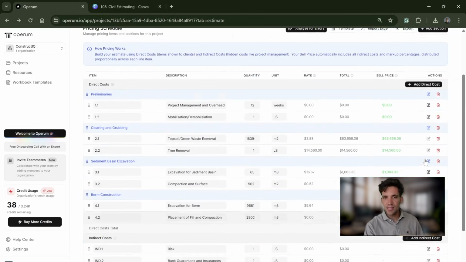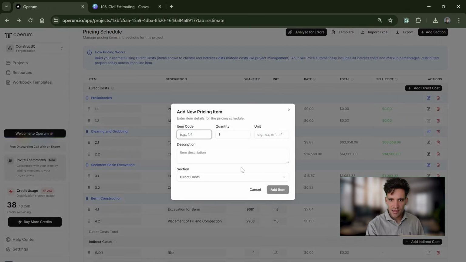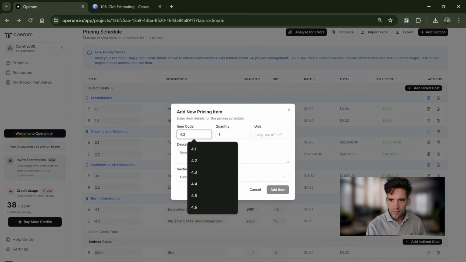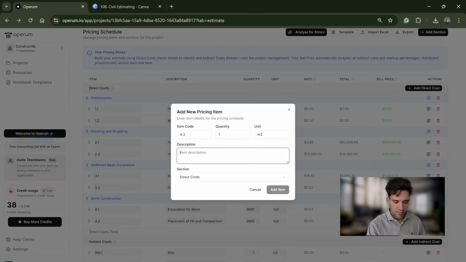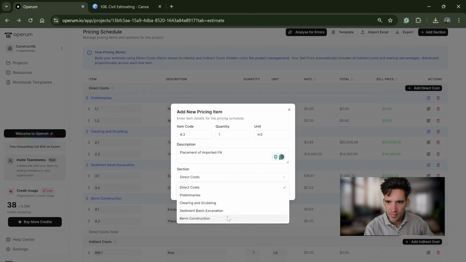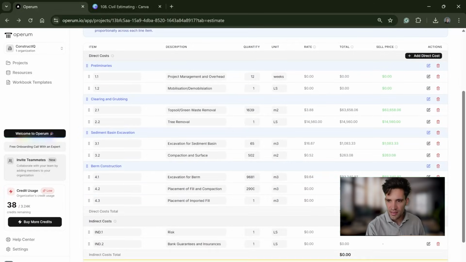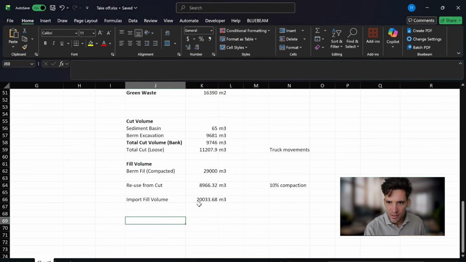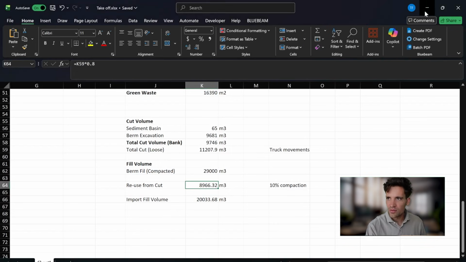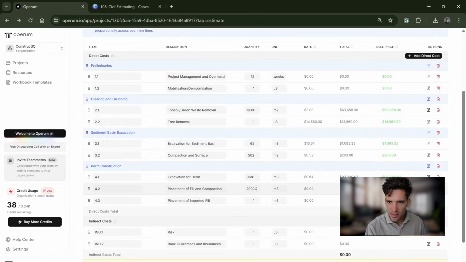Now, something I'm going to do here, I was just thinking about this. I'm going to break this out. This is going to be placement of imported fill. I'm just going to break this out into 2 tasks because we've obviously got that first 9,680. Actually, what was our plant balance? We're going to import 20,000. So I'm just going to put these quantities in here. Placement of fill and compaction. I want a placement of fill